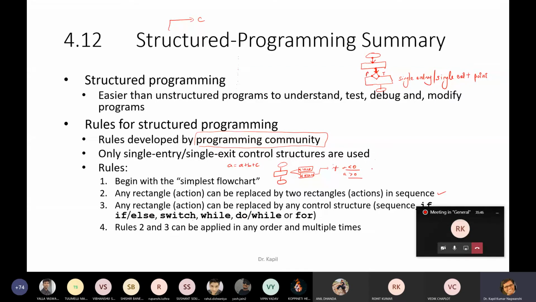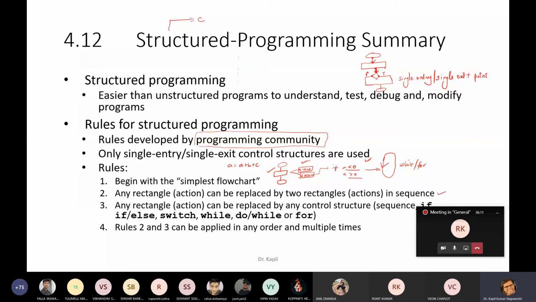Suppose you want to enter a particular value multiple times. Then you can use while, for, or other things. That's why initially we start with the simplest, then we convert it into other statements, and then into looping and branching.